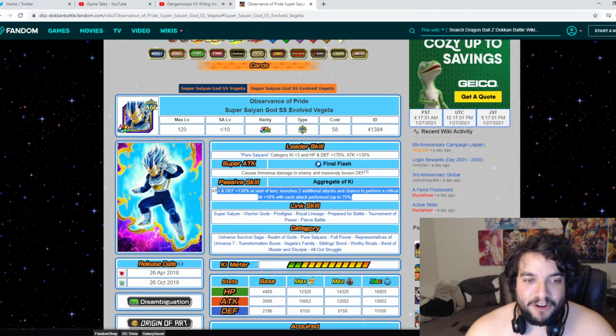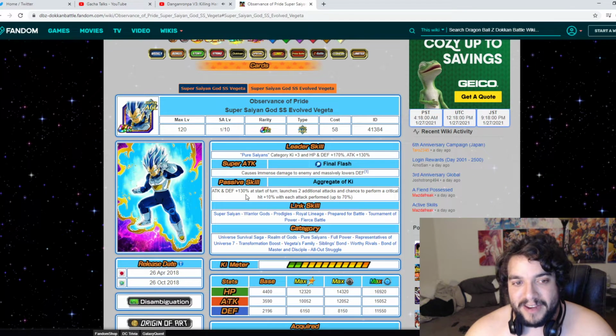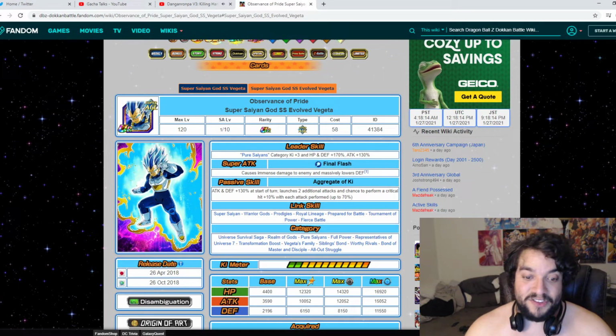They don't even have to change much of this passive. Literally, they could use the same passive, put it up from 130% to 150% attack and defense with LR stats and the 2 additional attacks. If they want to let him stack, he would literally be insanely broken. And the Mastered UI, of course, is going to be absolutely broken too with his dodges. Personally, this is just obviously